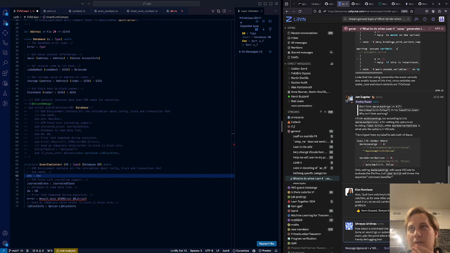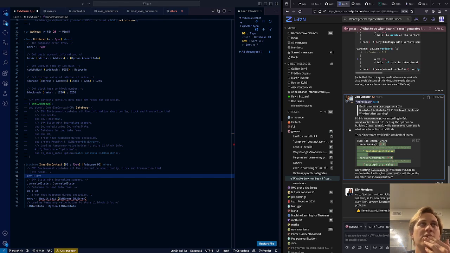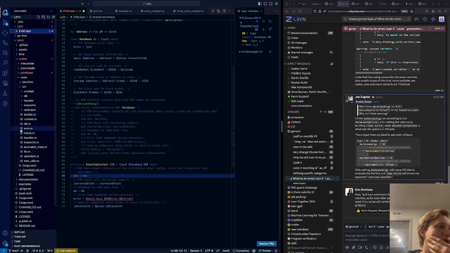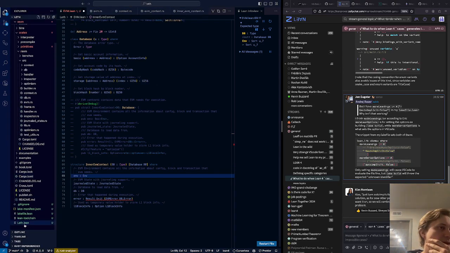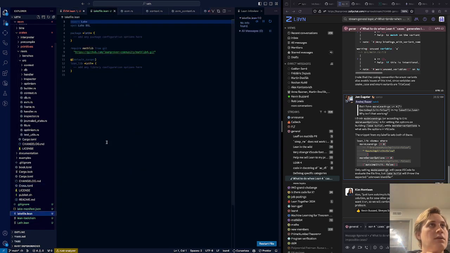Lake file. Yeah, more Lean art, I think, more server options. So is the point that I have to copy and paste these things? Okay, well, sorry, if I go over here, at the top level, there should be a file called lakefile, which is this one. Lean lib this, where,